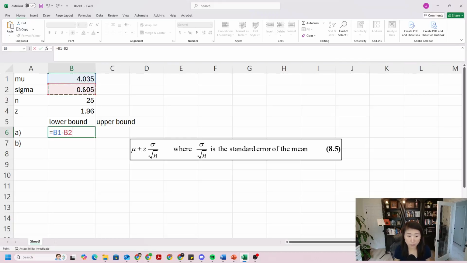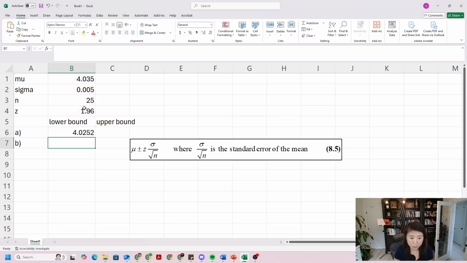So equal to the mu minus sigma. Okay, we don't need to divide by square root of n because in question A, we are not looking for the sample mean. We literally just look at that individual one part. So we don't need to divide by square root of n. And then times z. Okay, so that's going to give me my lower bound. Push enter, and you'll get